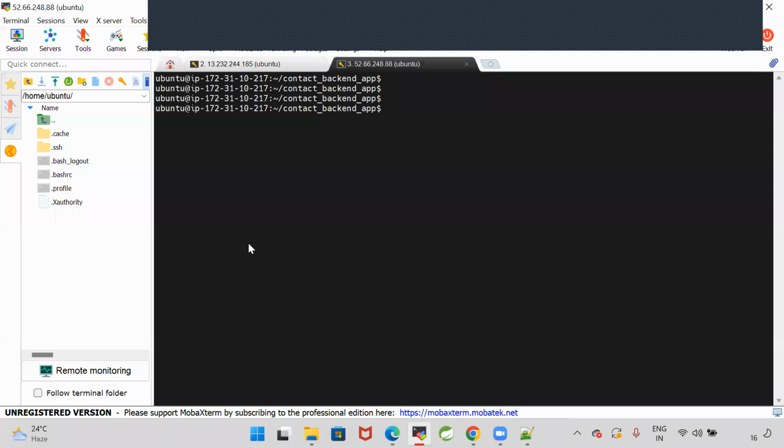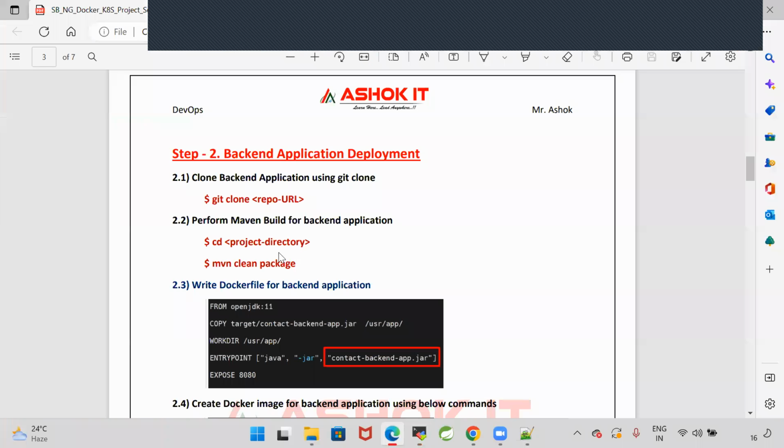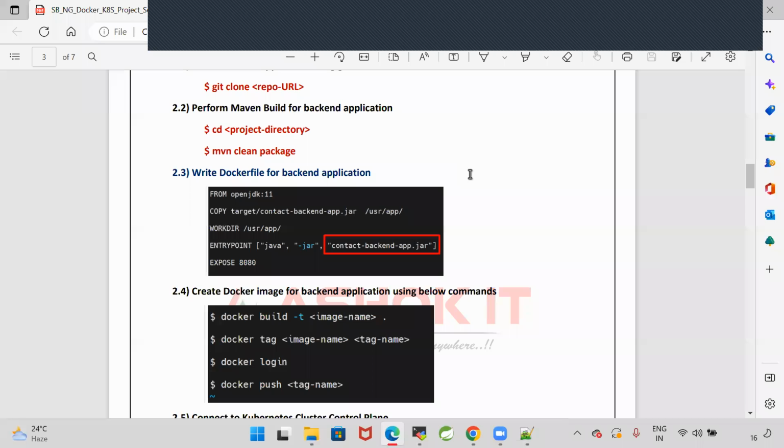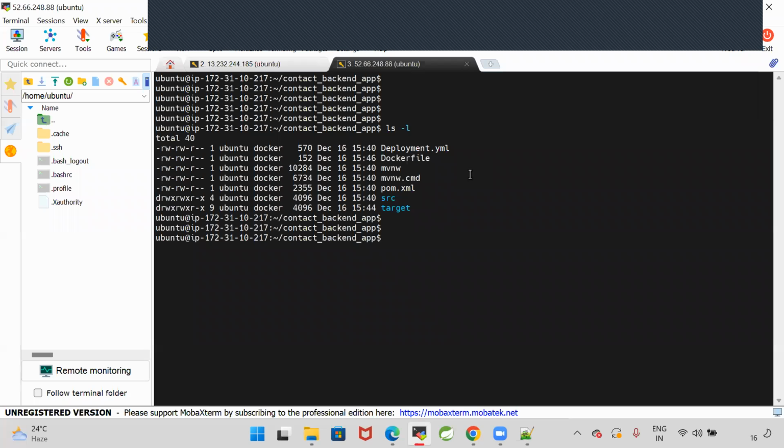Once you have the Maven package ready, this is the Docker file we need to write to create the Docker image, and these are the commands we can execute to build it. Let me execute those commands. ls -l, the Docker file is available. docker build -t contact-backend-app . This is the command I am giving to create a Docker image with a name called